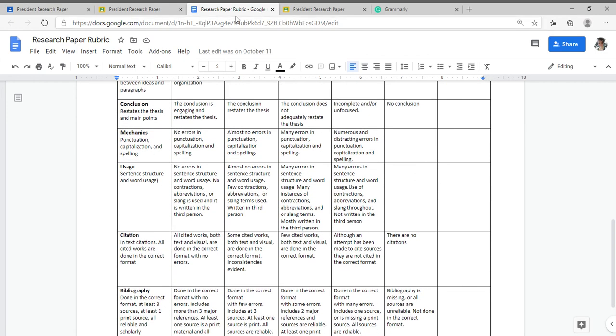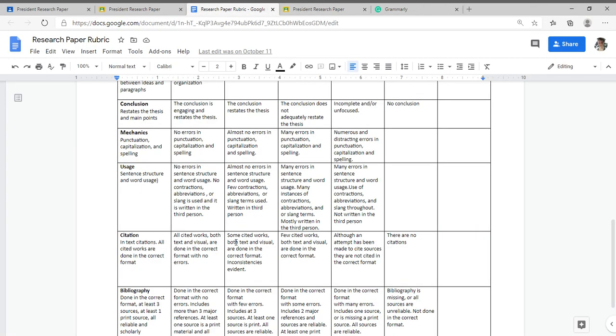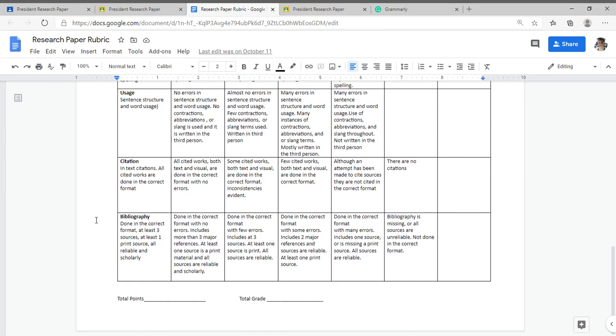Mechanics, that's going to be all the stuff that we just looked for on Grammarly. That's your mechanics part. That means that there are no errors in sentence structure or word uses, no contractions, abbreviations, or slang is used, and it is written in the third person. So all that's important. Citation, all cited works, both text and visual, are done in the correct format with no errors. That's all of your in-text citations. You need to have at least 5 citations, and 3 of those need to be direct quotes. And then your bibliography,